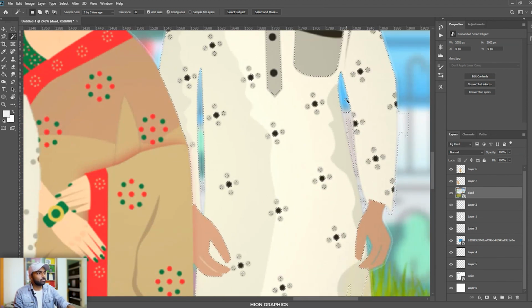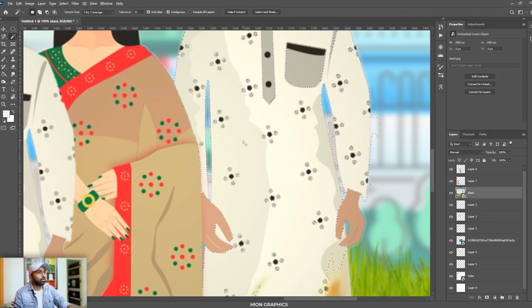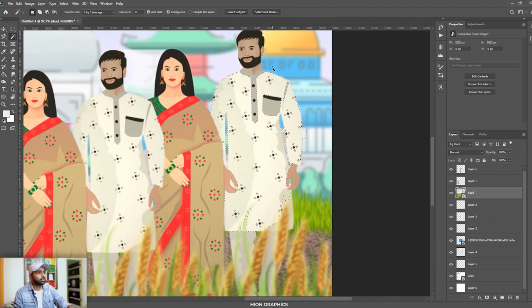So in that scope, whatever is there, it will keep on selecting the similar kind of color. Now you see here, it's a gray color. If all the grays are touching each other, it will select all the grays related to that. Okay, so like that, the selection has been done.